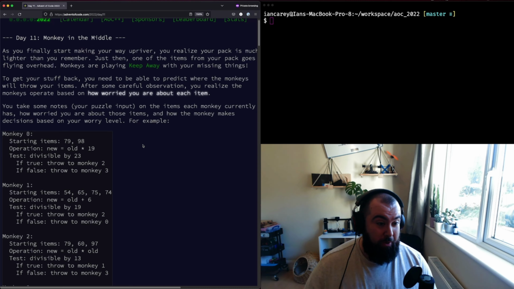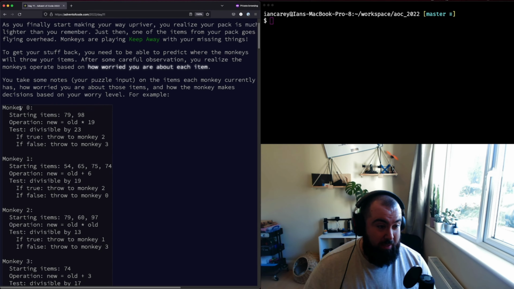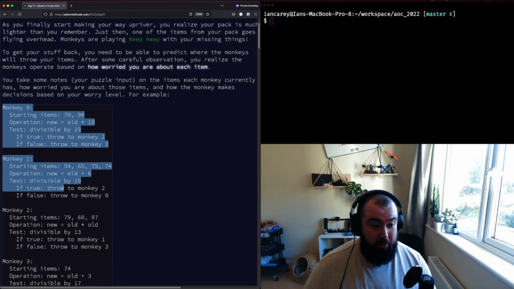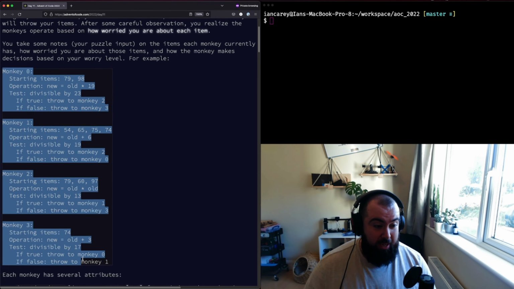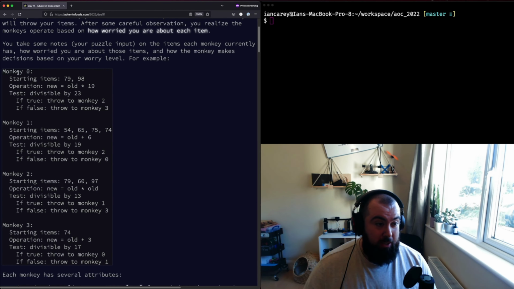Okay, so your input to the puzzle is this thing here. Basically, you're given an initial state where you've got each monkey. We've got a list of the items that they hold. These values that are associated to the items are your worry level for what the monkey is going to be doing with your items. You've got an operation, which is basically,